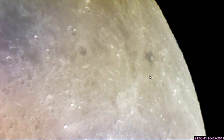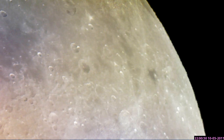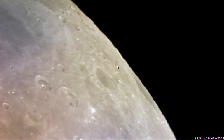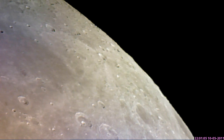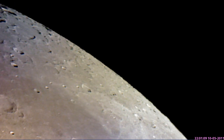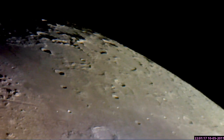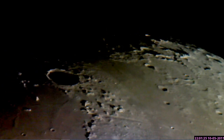Because it's so bright right now, I did have a moon filter on there, but it detracts from the details so much that I decided just to take it off. But you can still see the points of light. I was going to put the 90-degree in and do a normal survey, but then I decided I wanted you to get the same perspective as last night, in other words, a flipped view. On all my other videos, down is south and up is north. On this one, up is up or north and down is south, or down. And it makes it difficult to...